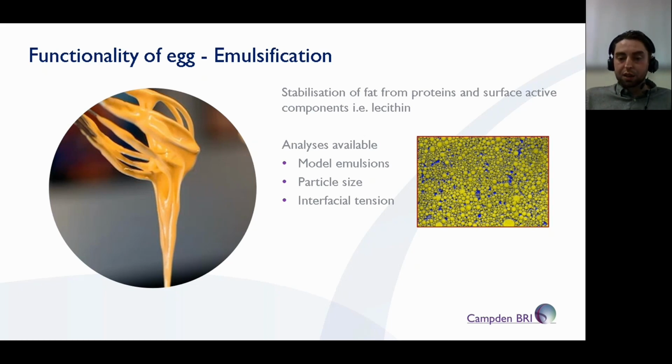We use a high shear mixer for that. But there are other ways that we can look at this more fundamentally. Now, I mentioned the drop shape analyzer measuring the pendant of the drop. We can also measure interfacial tension. So what is the surface tension or interface tension between air and oil, or